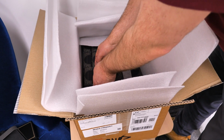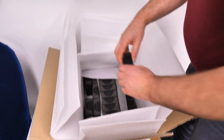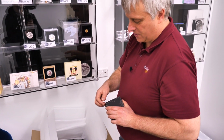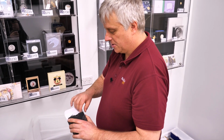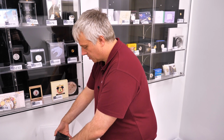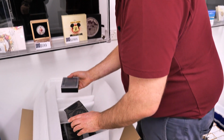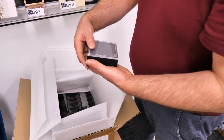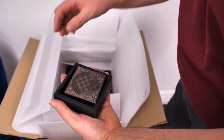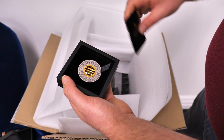This is the one that I've been hanging out for. I love the... Ruben and I were talking about it before we went on camera about whether it's part of the same set, and my argument is it's not, but it's part of the same genre. So you'll see what I mean as I open this. So this series is called Games Through the Ages, and this is the first one in that series. But you'll actually see, when you see the coin itself, that Perth Mint have done similar things. So they take a 2-ounce coin,